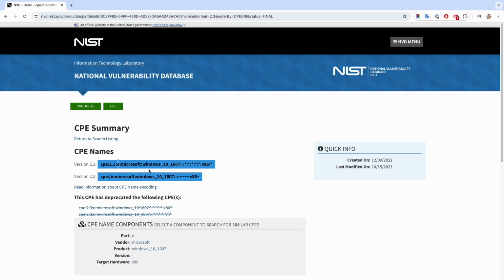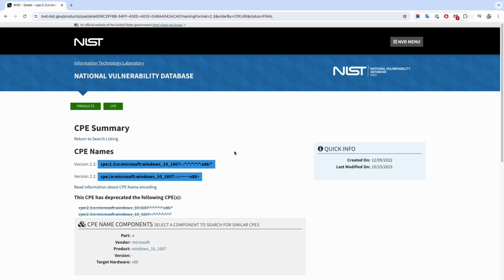Then the part, so this is either A to represent applications, O for operating systems, or H for hardware devices. Then we have the vendor part, which identifies the organization that manufactured or created the product, followed by the product, so the most common recognizable title, the name of the product. Then the next part is a version. So this is a vendor-specific alphanumeric string characterizing the particular release version of the product. Then the update, similar to version, so a vendor-specific string characterizing the update, or service pack, for example, in the